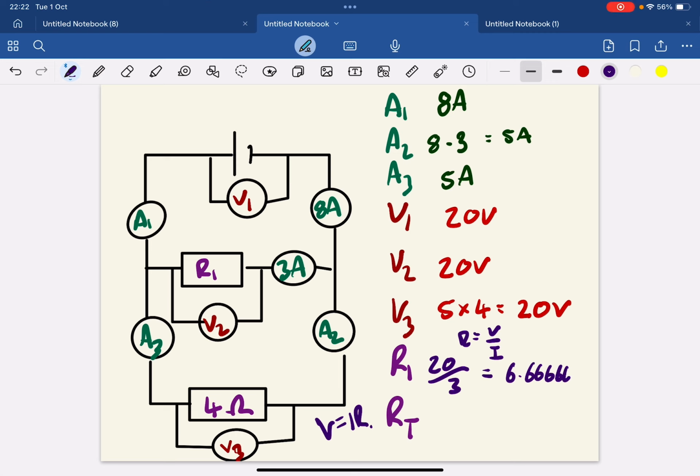Just doing it now. 7 ohms. So you want to double check that. And then we want our total. Now, in our total resistance here, remember our total resistance from the start of the video